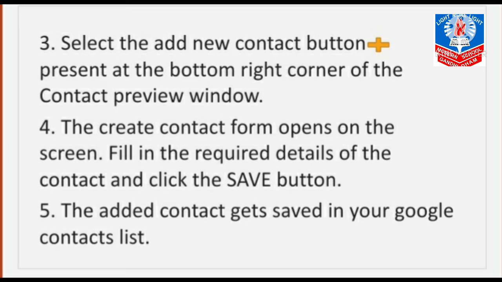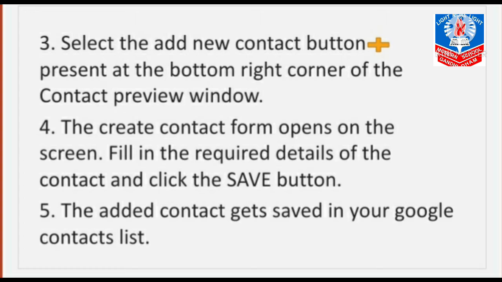Select the add contact button present at the bottom right corner of the contact preview window. The create contact form opens on the screen. Fill in the required details of the contact and click the save button.